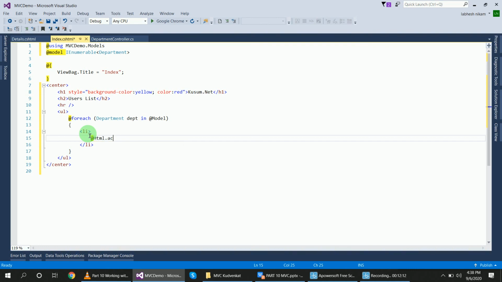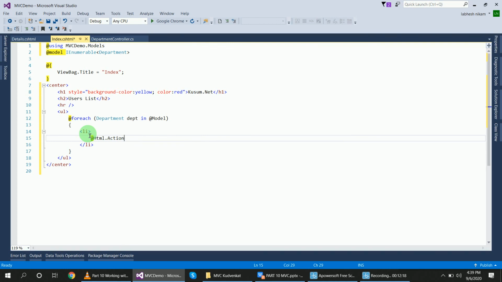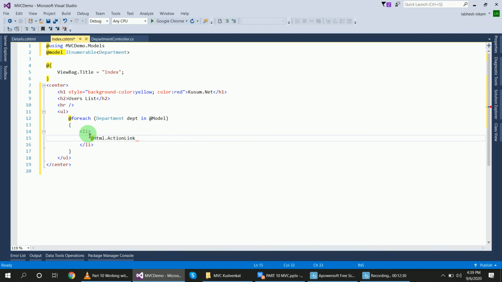So here @Html.ActionLink. In the HTML action link, what I need is the department names.